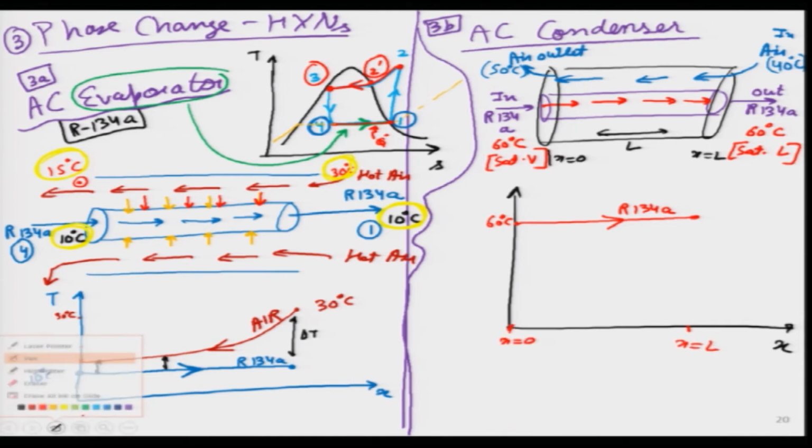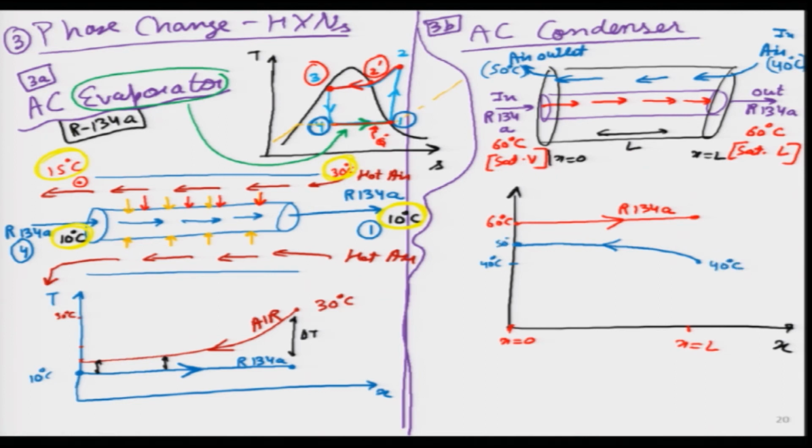Now, I can choose another color, blue, and then try and show over here what would happen to the air temperature. So, if this is 60, maybe 40 is over here, this is 50 degrees. So, it enters at 40 degrees, it has to come out at 50. Gradually, initially it will gain a lot of heat and then slowly that heat will become less and less. So, it goes from 40 degrees to 50 degrees over here, and this I can call air, right. Now, here again I am interested in figuring out the delta T.